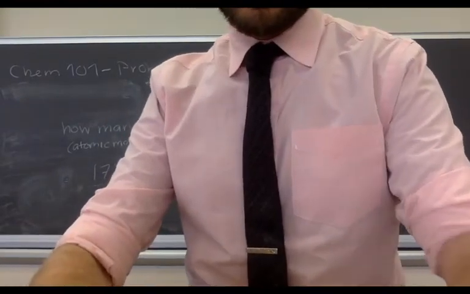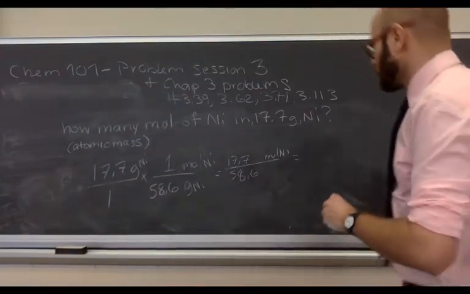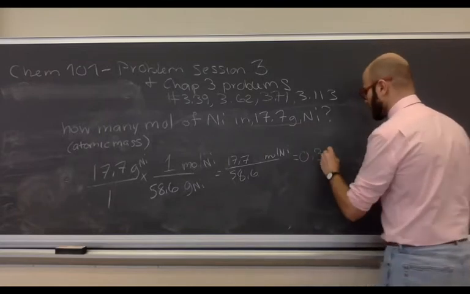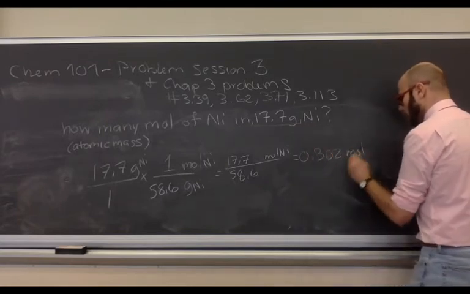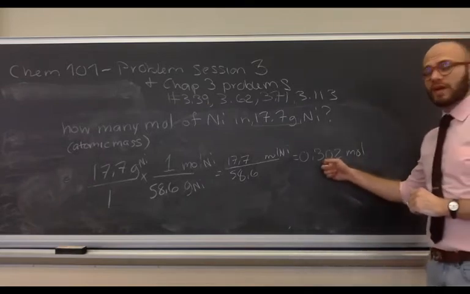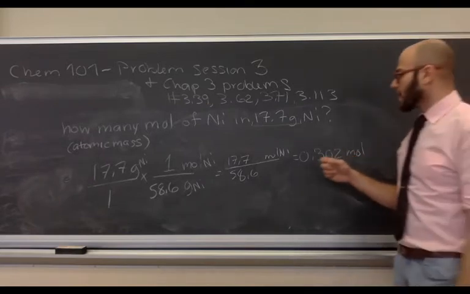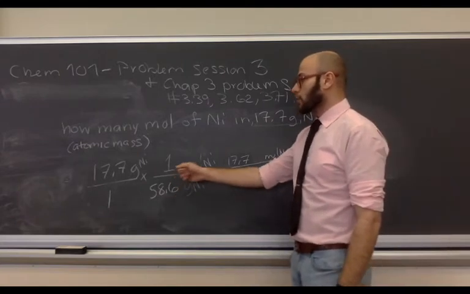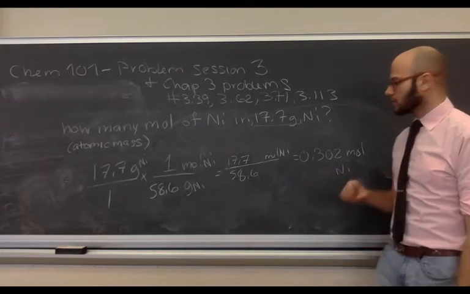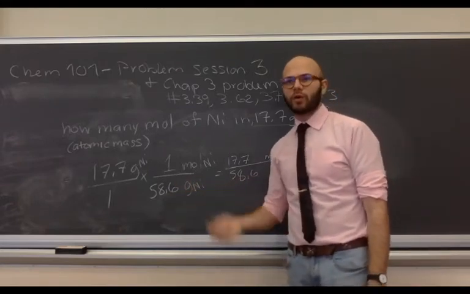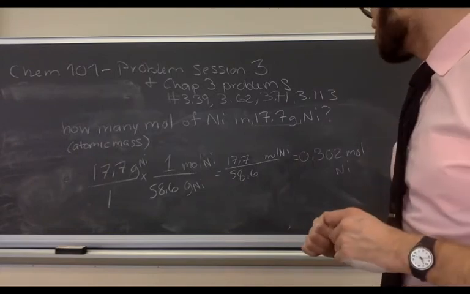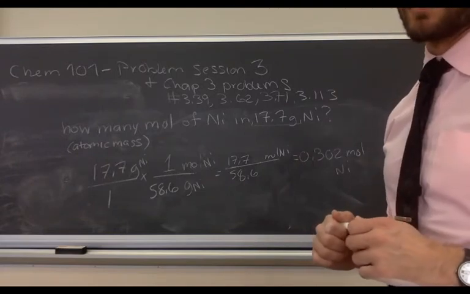58.6. And we get almost, well, not a third, but we get 0.3, and we'll do 3 significant digits, moles of nickel. Makes sense. Roughly the number we expected. And if you think about it, 56 grams is 1 mole, so about 1/3 of that should be about 1/3 of a mole, right? And 58 grams or so is about what you might hold in your hand. I don't know, maybe a stack of nickels, a couple nickels. I don't think nickels are actually made entirely of nickel anymore, but